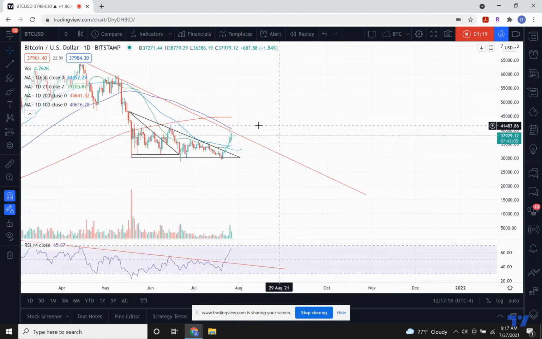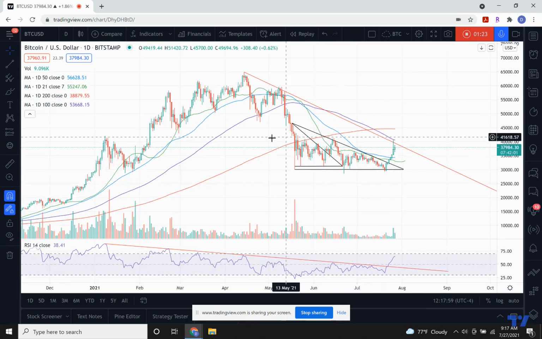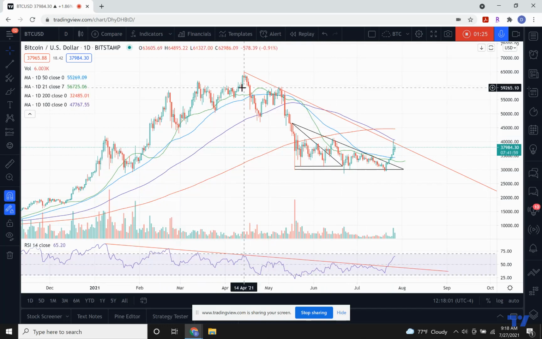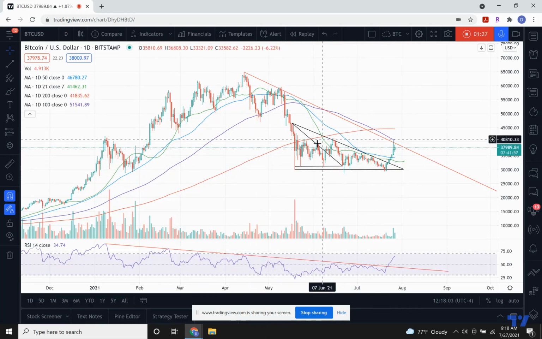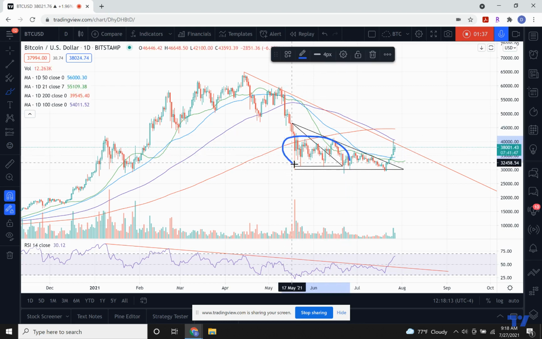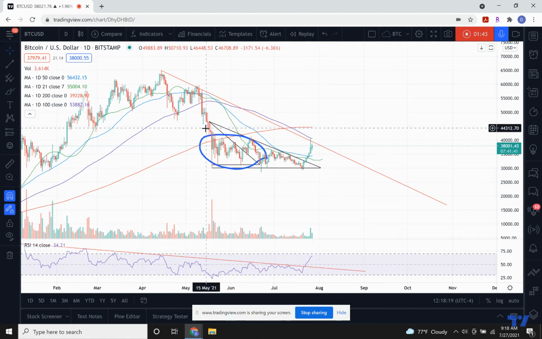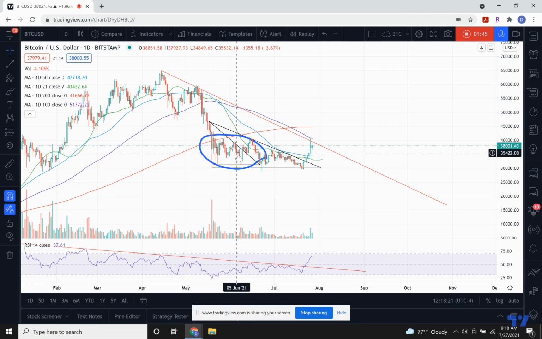Now we get down into here where the distribution took place, $15 billion in losses from 1 to 6 month coiners, and the over-leveraged longs that were over-leveraged up here. Then we get into what appeared to be the first part of a Wyckoff accumulation. It was showing textbook accumulation, the structure of the schematic.